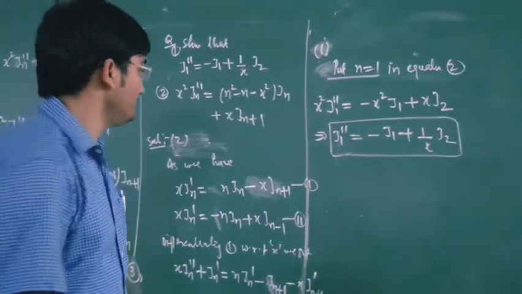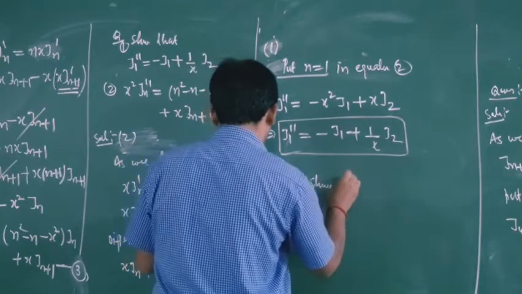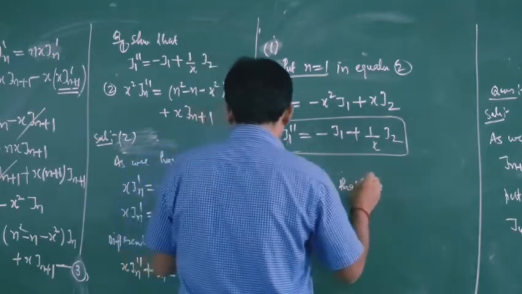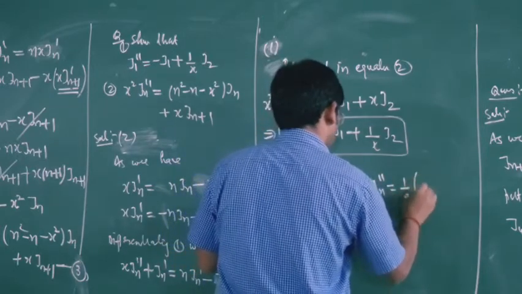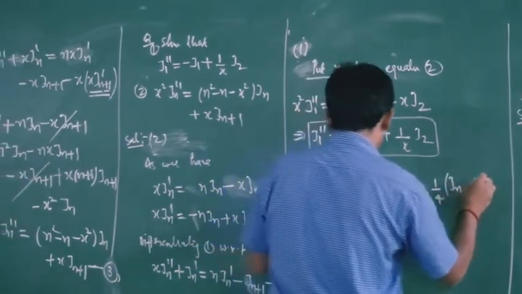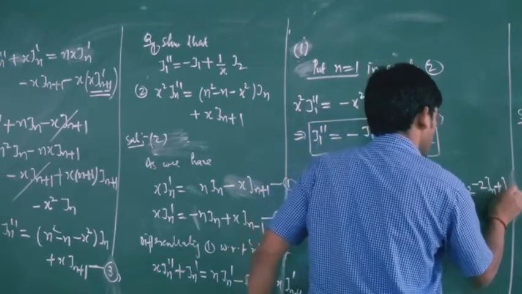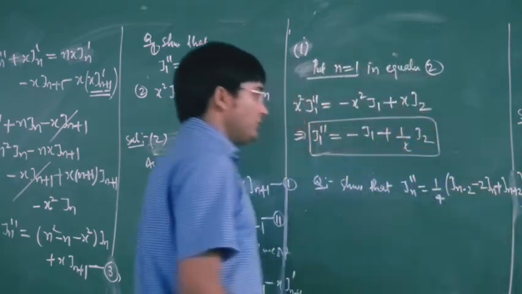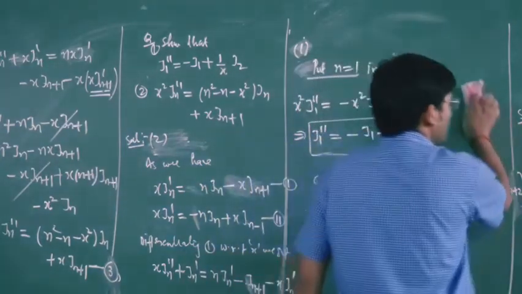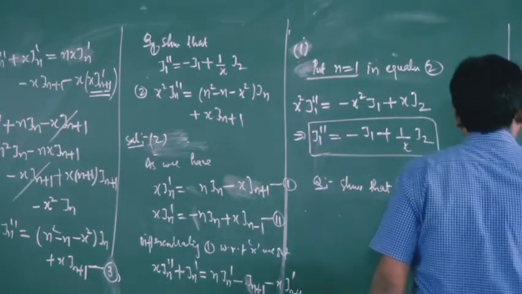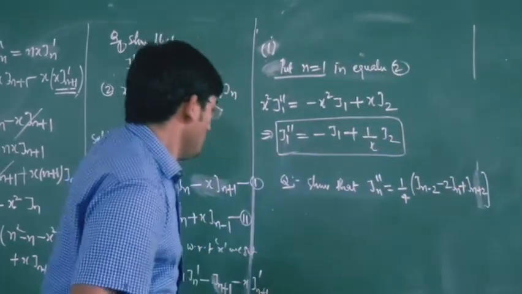Then the next part, question: show that Jn double dash equal to 1 by 4 (Jn minus 2 minus 2Jn plus Jn plus 2). Here we have to prove that Jn double dash equal to 1 by 4 (Jn minus 2 minus 2Jn plus Jn plus 2). So proof. So solution,